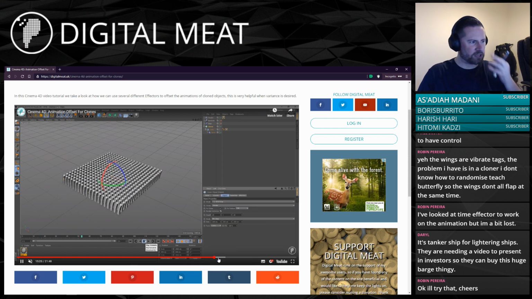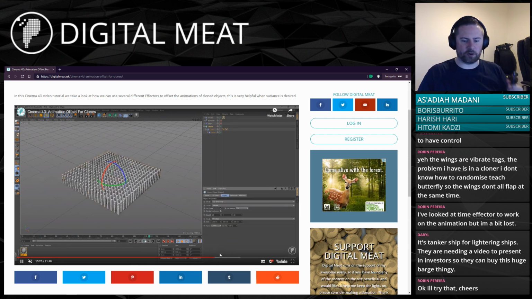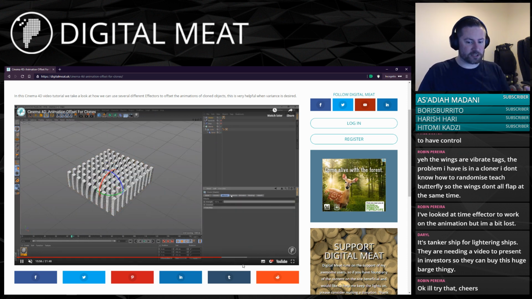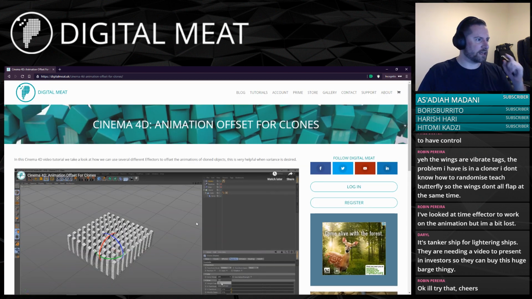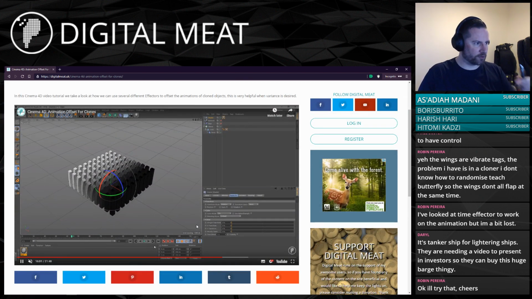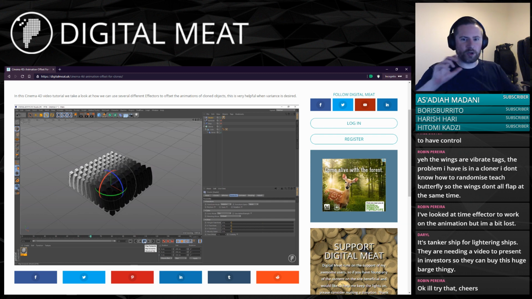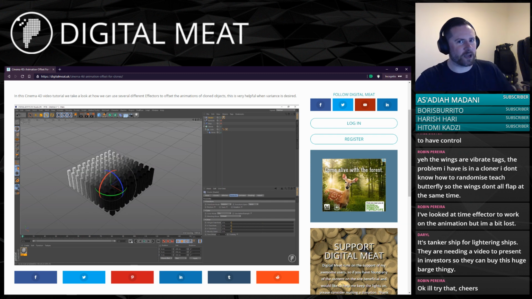But it's definitely worth checking this plugin out about offsetting animation of clones. And it's definitely worth checking out Signal by Grayscale Gorilla. And it's definitely worth checking out that flock modifier plugin that I was talking about. So between all three of those things, you should be able to get a solution for your problem, I think.